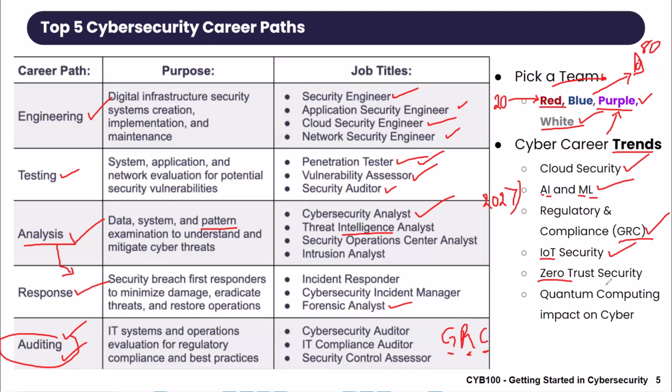Zero trust security. This is huge. And I'm teaching Security Plus. We talk about zero trust because you can't run away from zero trust now. Even President Biden signed an executive order that said every government agency needs to start implementing zero trust. Right? This is that important. So going in and specializing in zero trust security, it's very, very critical.